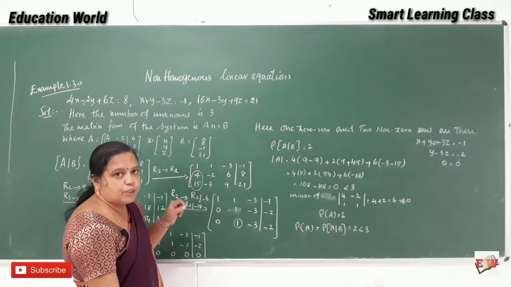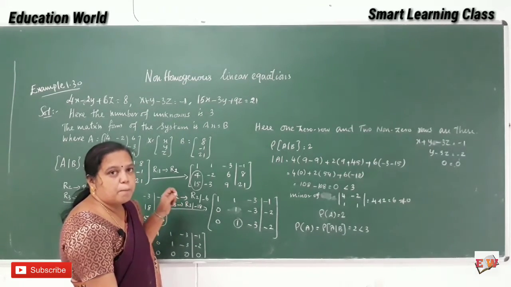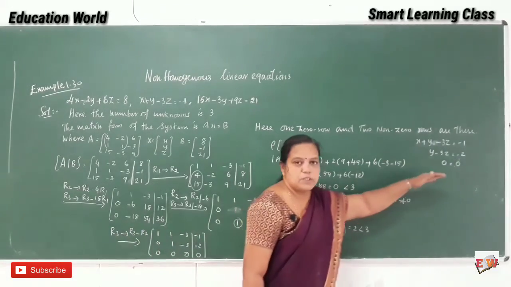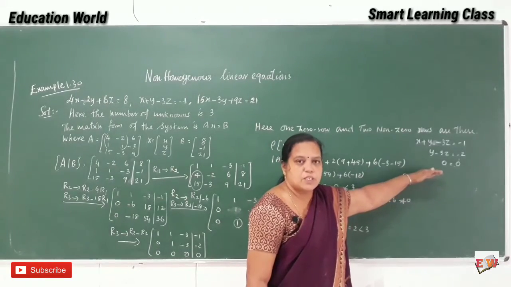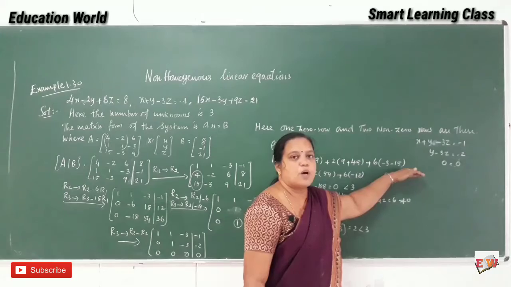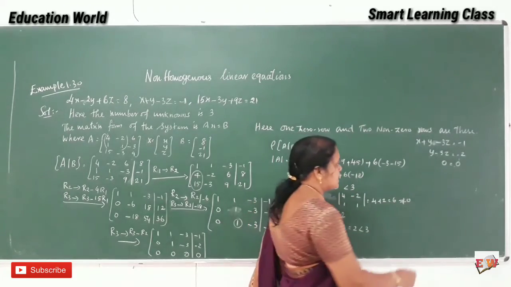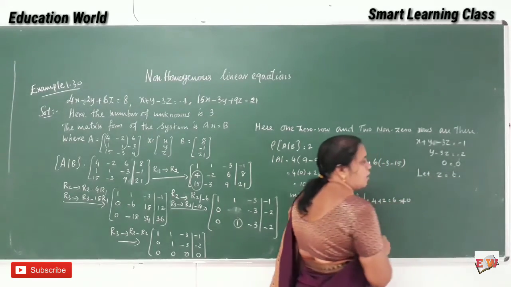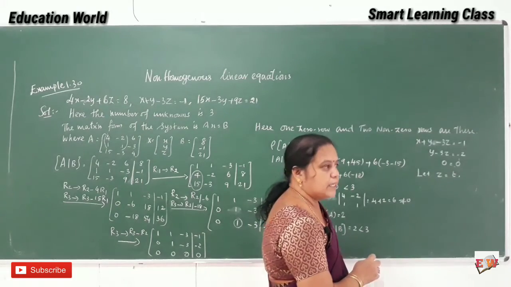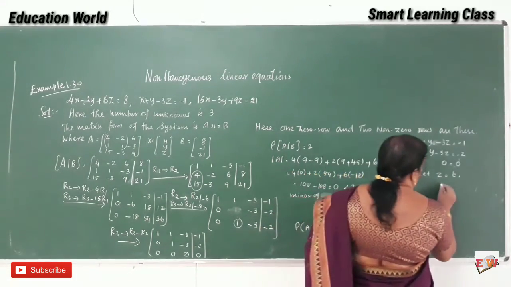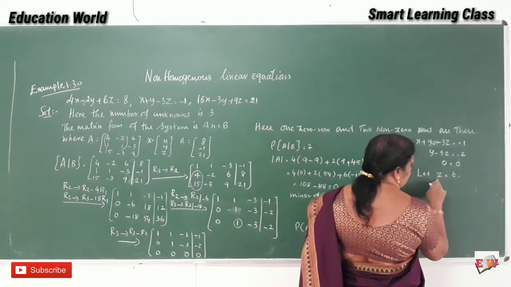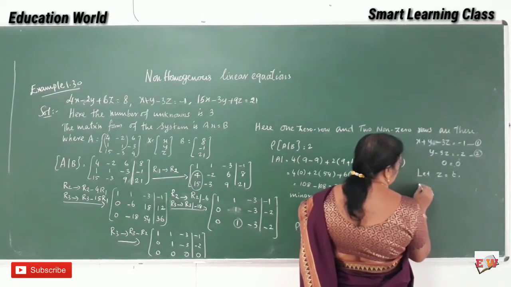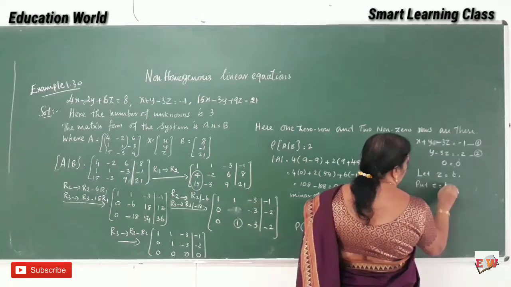Okay, now we are going to introduce a parameter here. Instead of z, z equal to something should come, but here z is not there, 0 equal to 0, but this is meaningful, so I am going to introduce one parameter, z equal to t. t is an arbitrary element, and it is a real number. Suppose I introduce this parameter, name these equations 1 and 2, and put z equal to t in them.